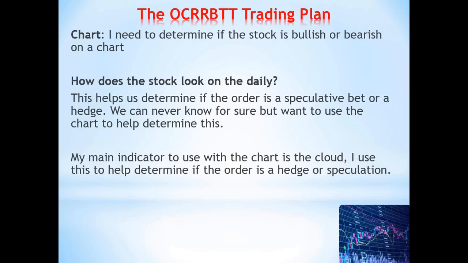What I'm looking for basically, and if you're not that into technical analysis, if you don't like to really read charts, you don't really use that many indicators, you can use the Ichimoku cloud. All I'm really looking for is whether the trend of the stock agrees with the option order that is hitting the tape. If I see a big block of calls being bought and I see a stock that continues to make lower lows and lower highs and sell off every single day, then I know it's much more likely that a trader is shorting stock and buying those calls as a hedge.